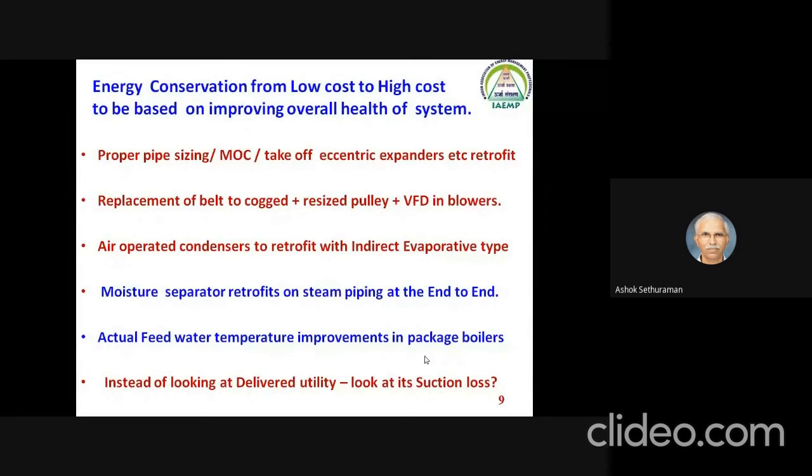Instead of pointing to the proposal, which is the symptom of inefficiency, you also see what solution can be given so that the problems do not repeat and they get an energy saving. Many people think the boiler is doing an excellent job, and in fact, in all the package boilers up to 2 ton or 4 ton, we have seen almost 20 to 30% of the steam is wet steam